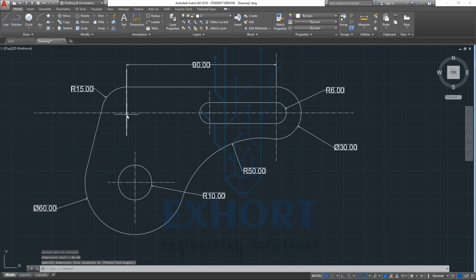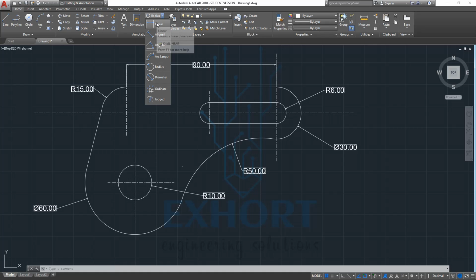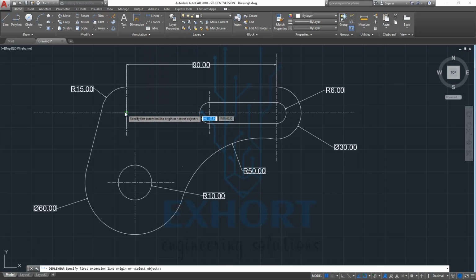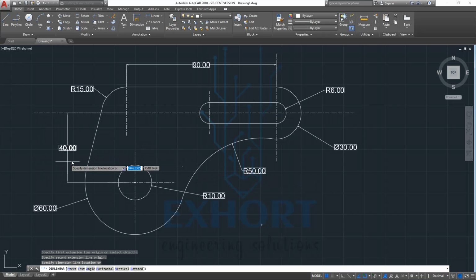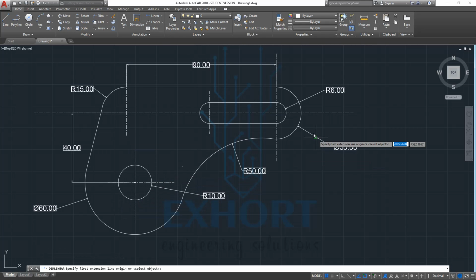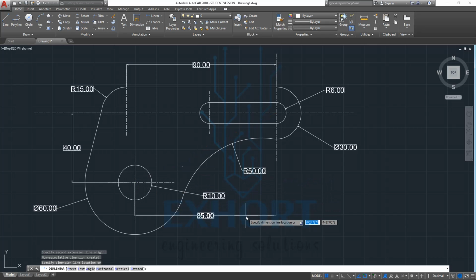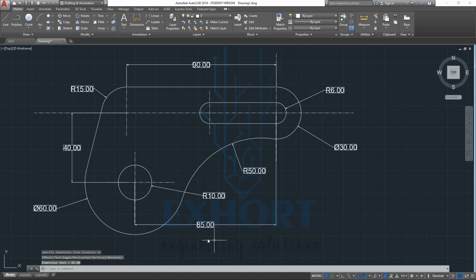If we want to count how far apart the center points are drawn, we can select the linear tool, just select the first point, second point. You will notice that the distance from here to here is 40, and from here to here we will count what it is. Just select this and this. You will notice that the distance between this point and this point is 85. So our geometry is completely given in dimensions. Likewise we can use this dimension tab.